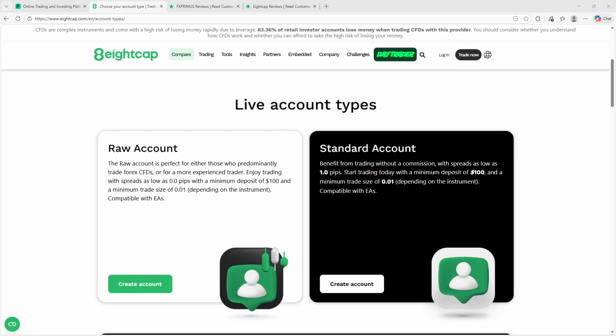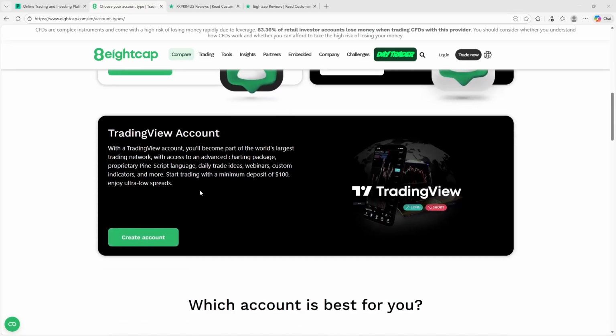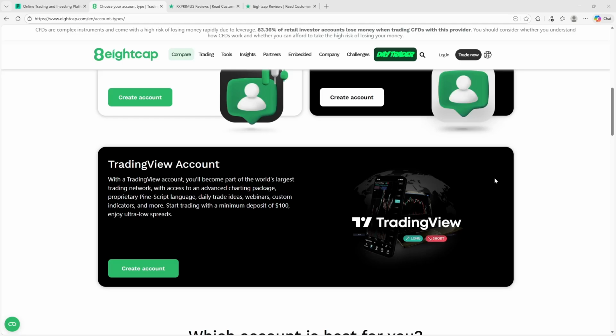The raw account is where Eightcap becomes particularly attractive to active and professional traders. Spreads can start from near zero pips, with a fixed commission applied per lot traded. This setup is ideal for scalpers, algorithmic traders, and high-frequency strategies where execution precision and spread consistency matter more than simplicity. Importantly,